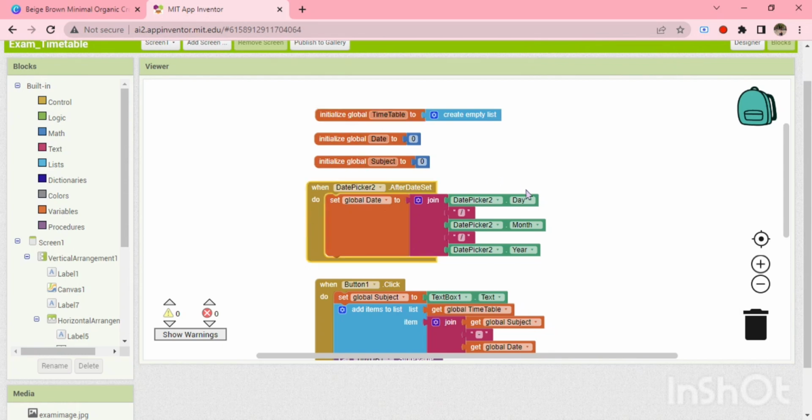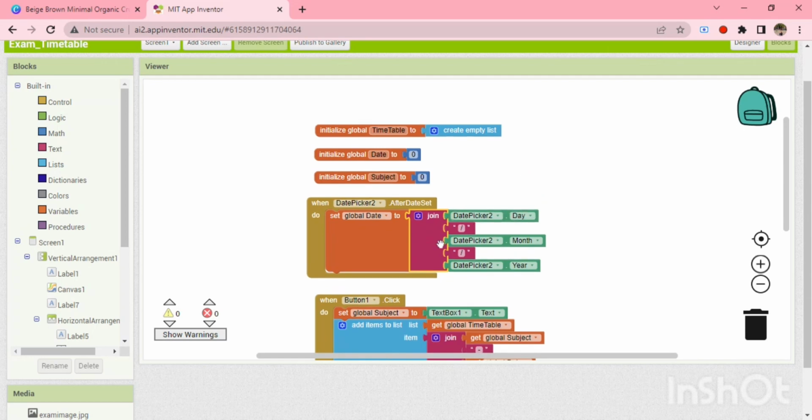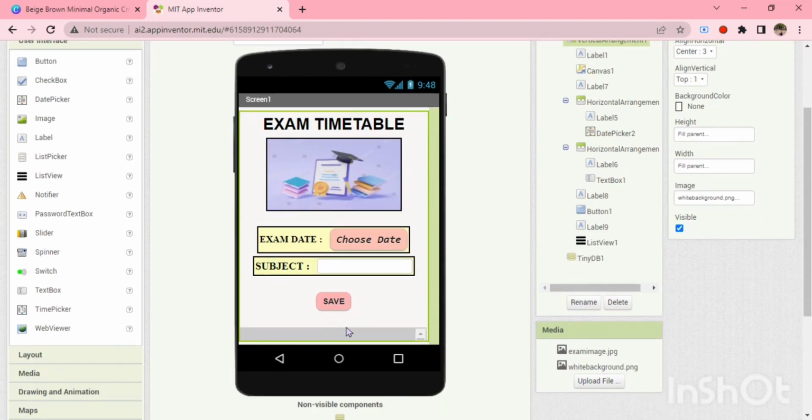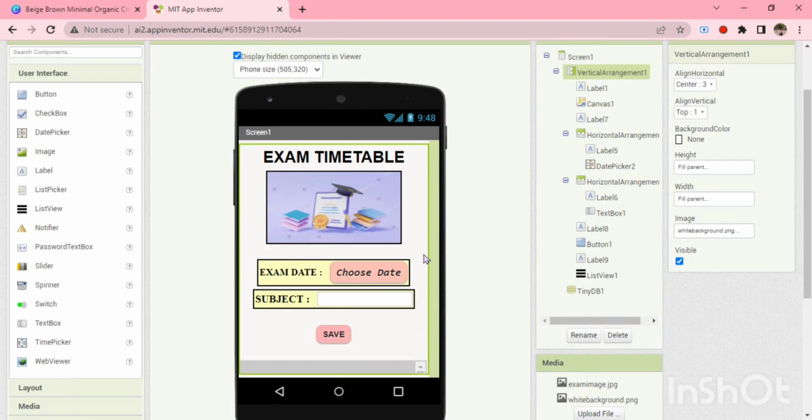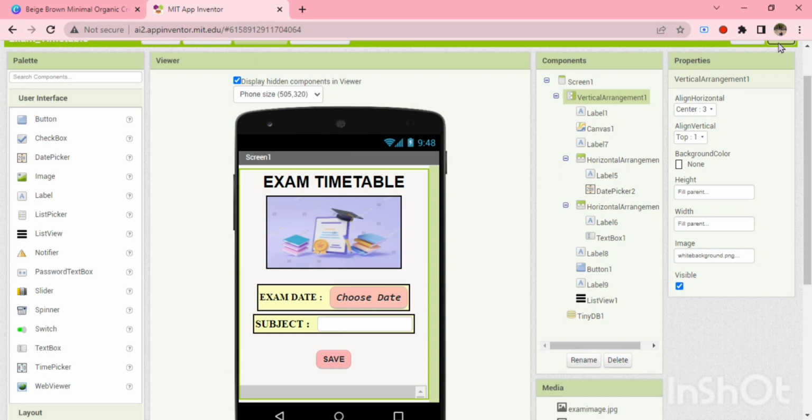Next, we have the date picker. User can choose the day, the month, and the year, and all of the data that user input will be stored in this join block, and the data will be displayed in this list view. After that,